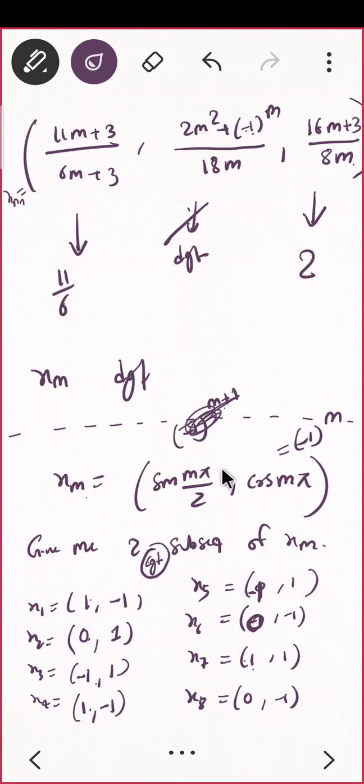Yes. It is 1. Then it is 0. And what about this? 7? It will be 7 pi by 2. So it will be minus 1. And next it is 0. So 1 0 is in between, correct? So what about x4? x4 is 0. So it is 1 0 minus 1 0, again 1 0 minus 1 0, something like this, correct? So do we have to see a pattern here.